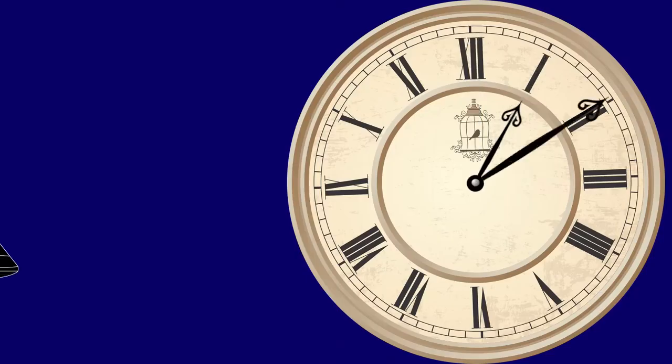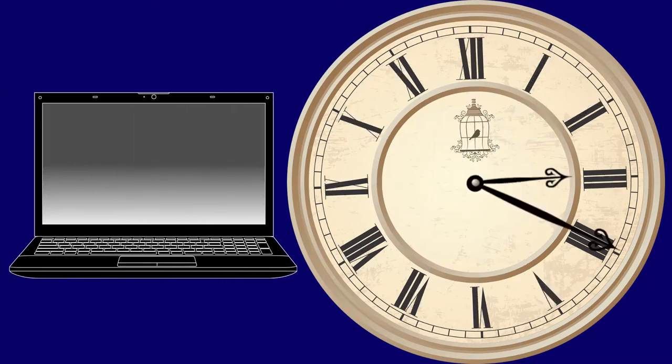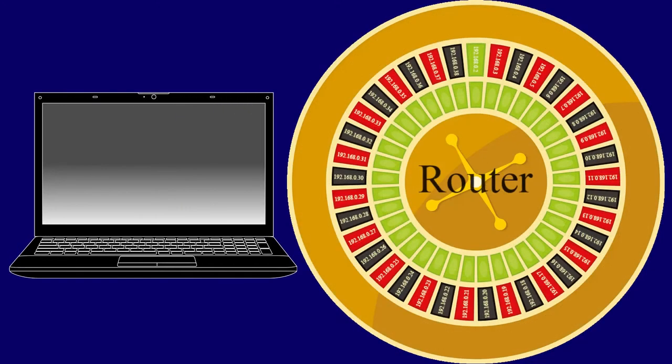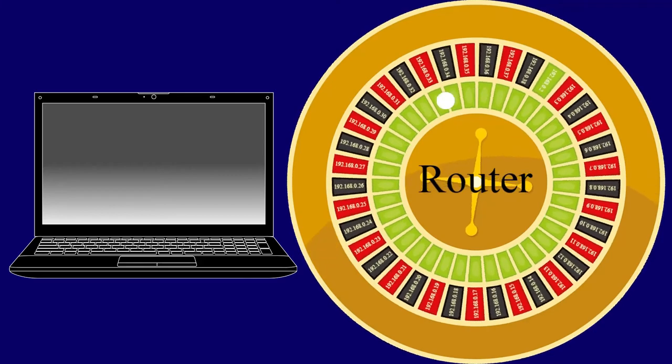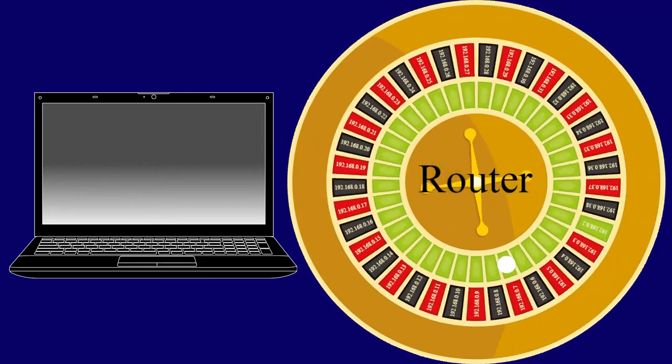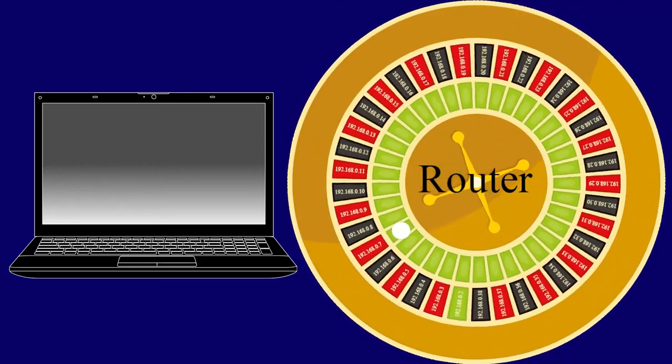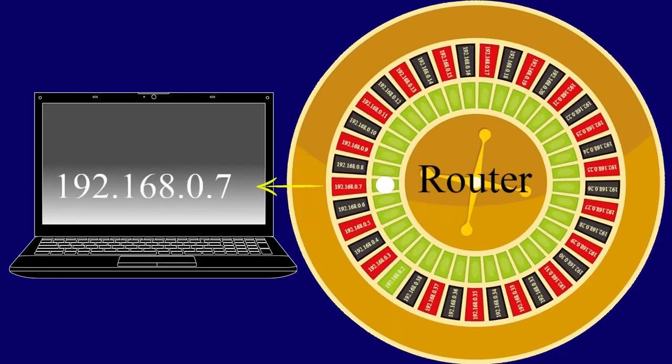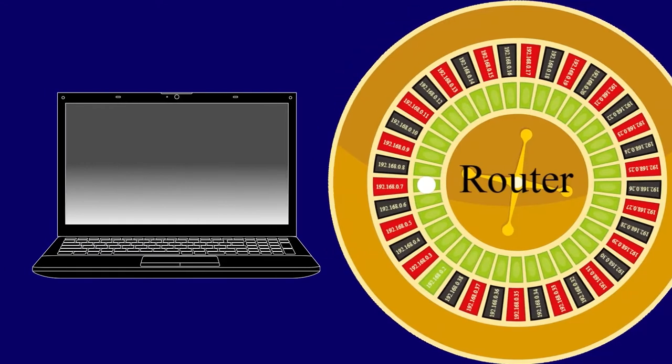Let's say at a later date we reconnect the same laptop to our home network again. The router does its job and issues an IP address. You may get the same address, but then again it could be different. As on the screen this time it's 192.168.0.7. While usually this isn't a problem, and it should be fine for something like a laptop,